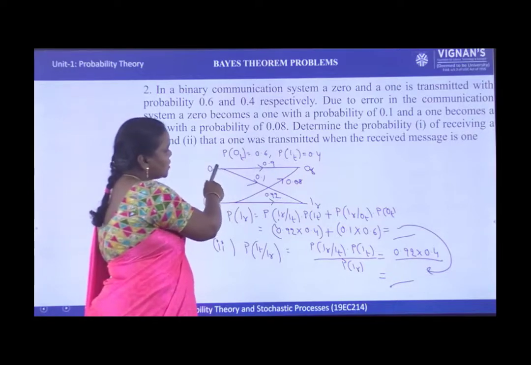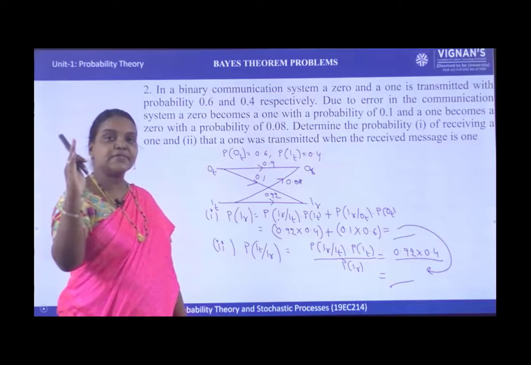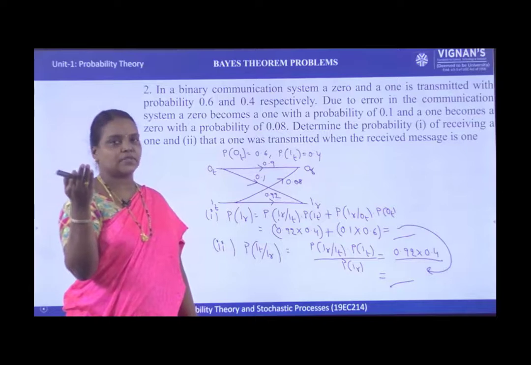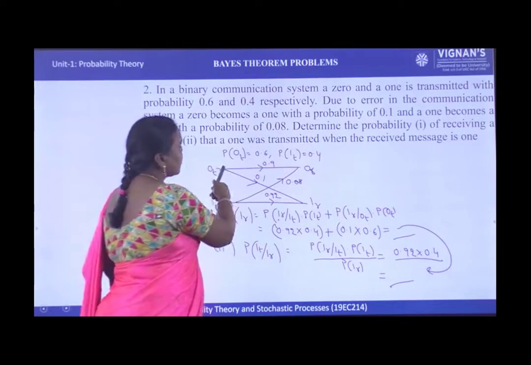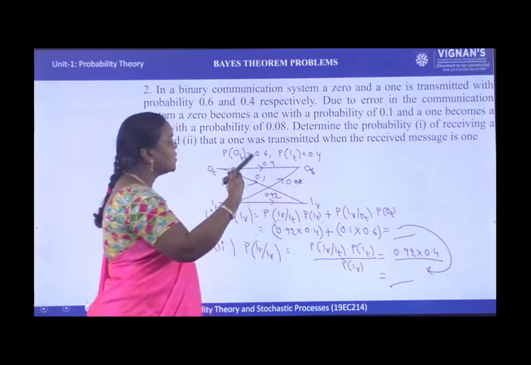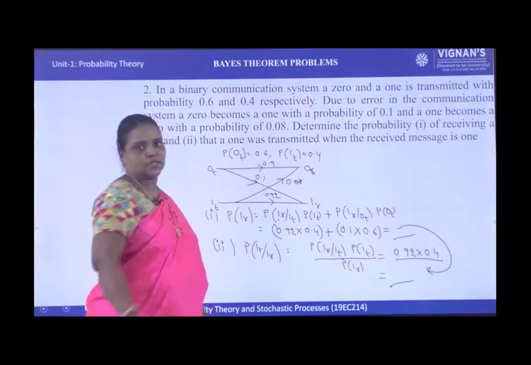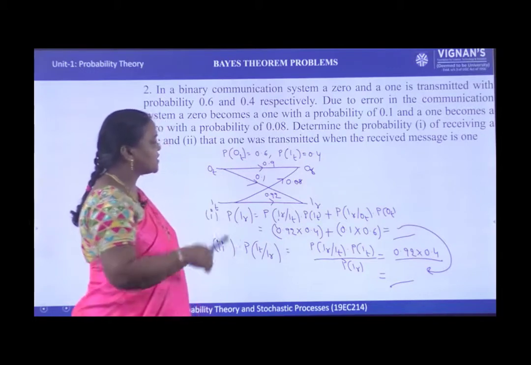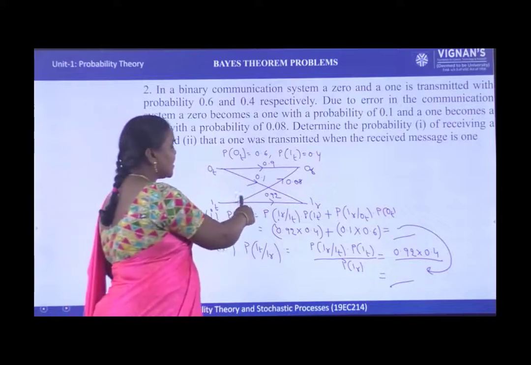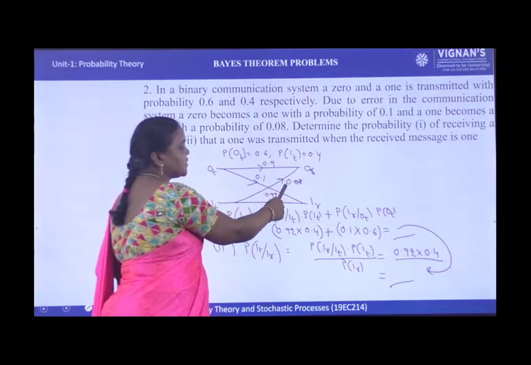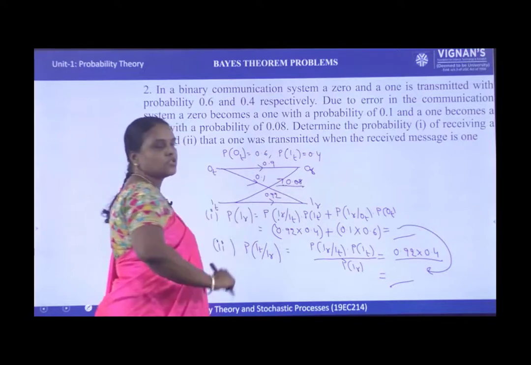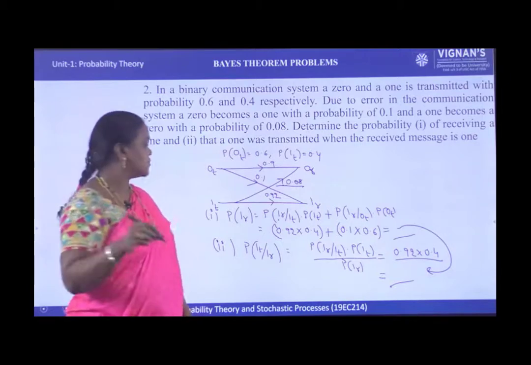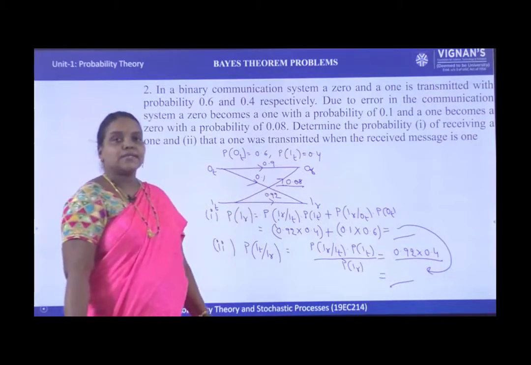Here you are transmitting 0 means it will be received as 0 for most of the times, but because of noise for a few times it will be received as 1. So they have given us the probability of receiving 1. Then the probability of receiving 0 means 1 minus that. Okay. Similarly, when 1 is transmitted, what is the probability of receiving 1? They have given us wrongly with what probability it is receiving as 0, which is 0.08. So 1 minus 0.08 will give you the probability of correctly receiving. So it is 0.92. Okay, now let us see the next problem.